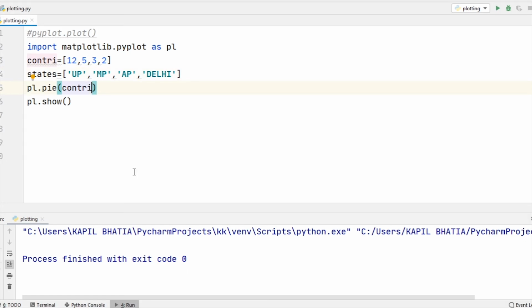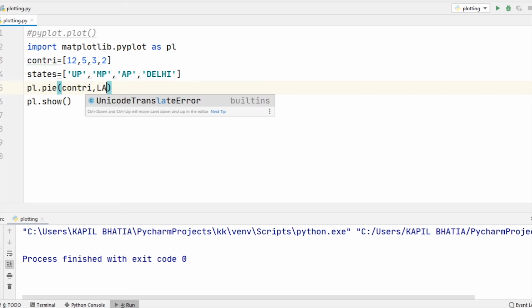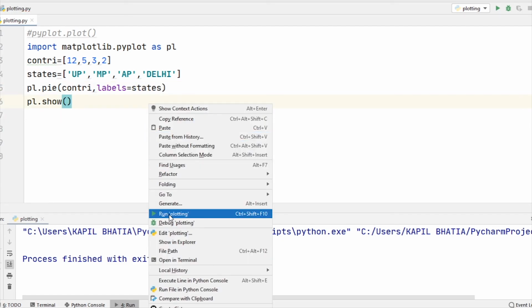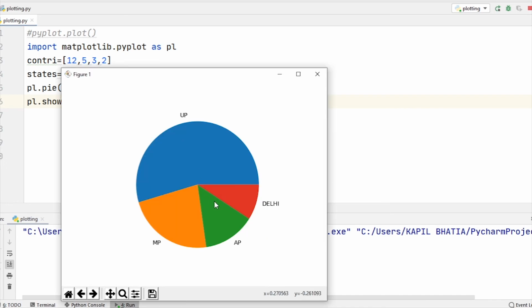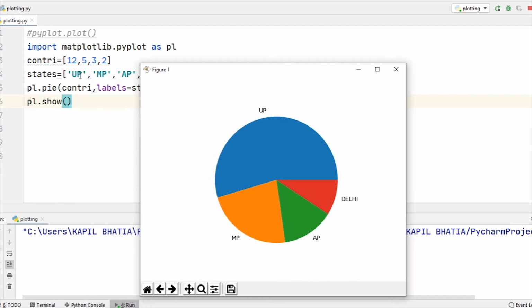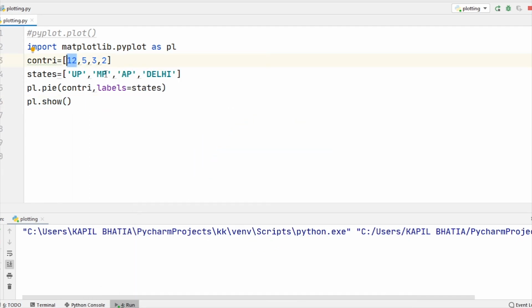In the pie function, the next argument is labels equal to states. Now when I run this code, you can see the output. Remember that the first label is given to the first value, second label to the second value, and so on. So here UP, the first label, is given to the first value, that means 12 crore, MP 5 crore, and so on.